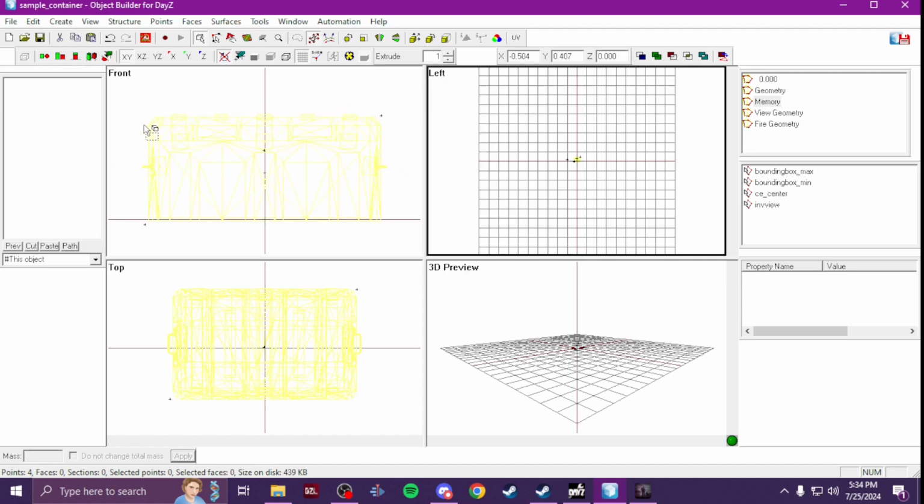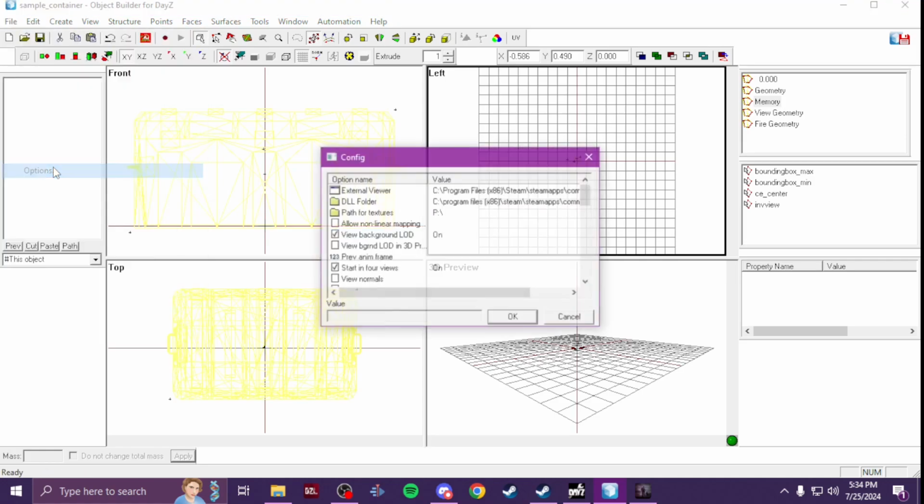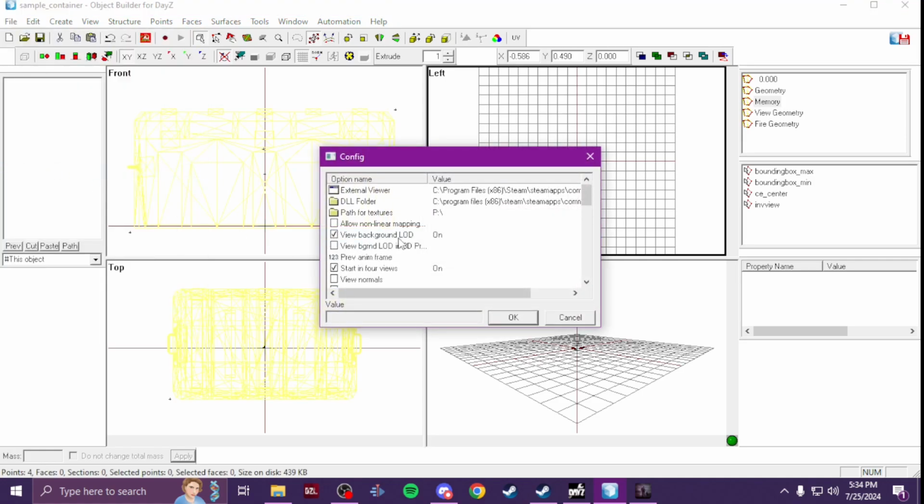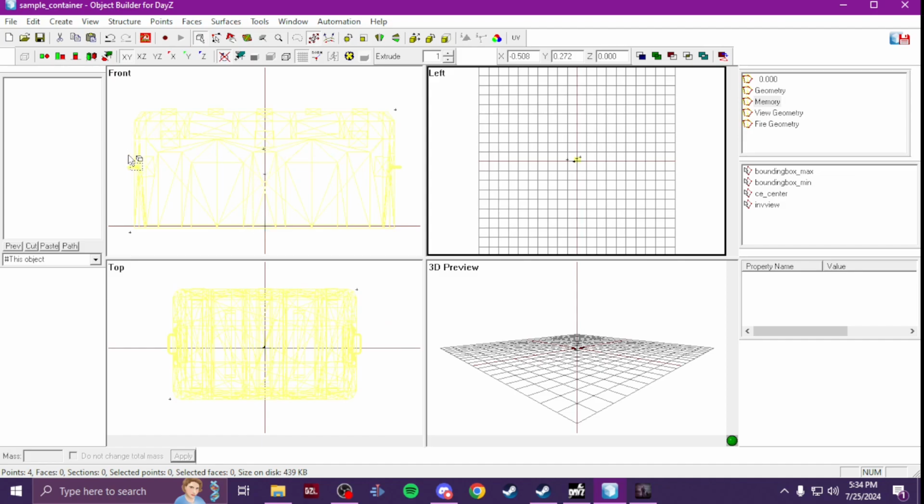Now you can see I have the yellow shape of my main LOD, which is the model, in the background. If you want that, just go to File, Options, View Background LOD, toggle that on, and hit OK. This helps so you can see the model, and it helps so you can position your geometries and your memory